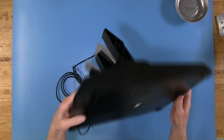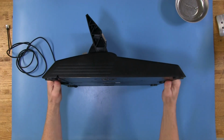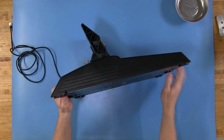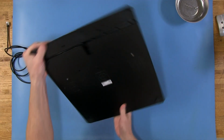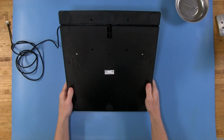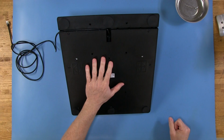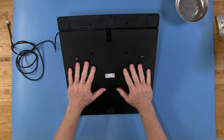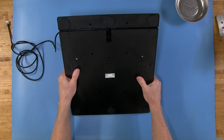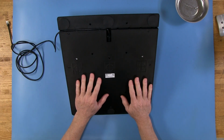And what I'm going to do is go ahead and pull out the screws on the bottom of this. And we have no less than, let me just do it this way, no less than 14 screws in this bottom plate, which is not a bad thing. It's good to have enough support to make sure this doesn't flex as much as it possibly could. So I'm going to speed up the video and take out these 14 screws,